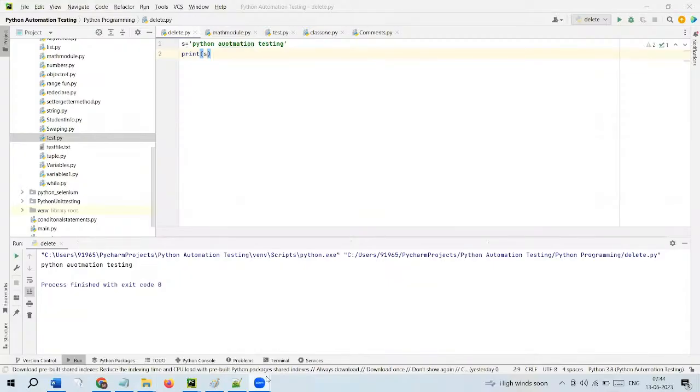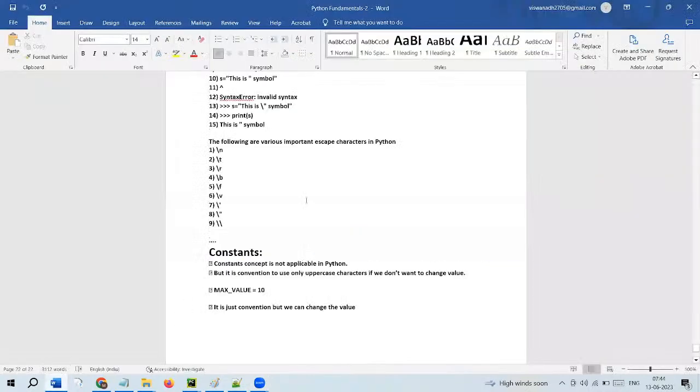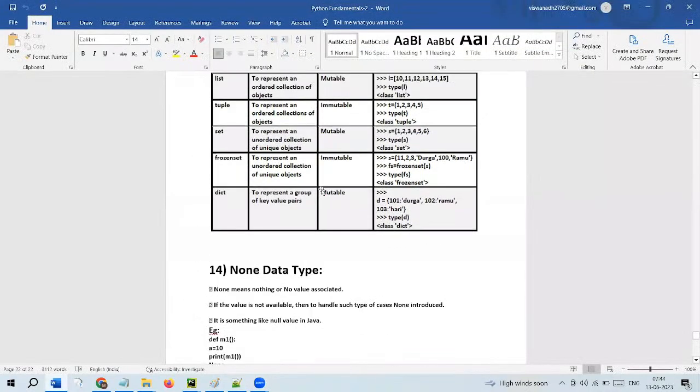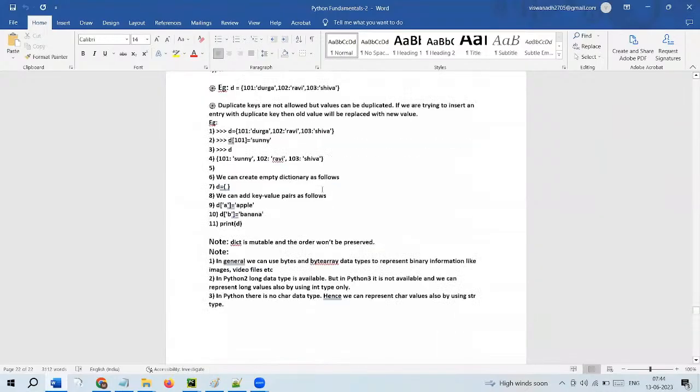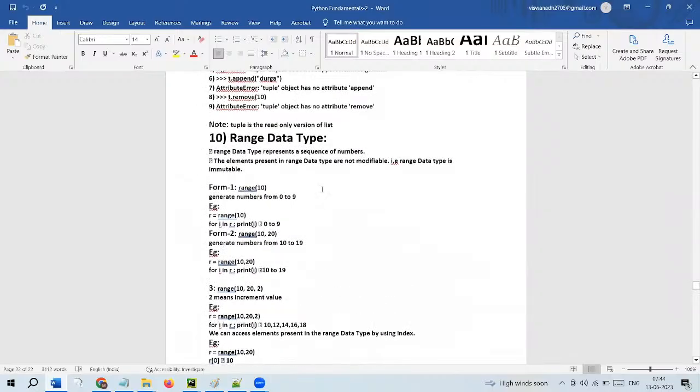Okay. So previously, in yesterday's session, we covered up to this data type called range. I explained the range data type yesterday. So whenever we are writing a logic